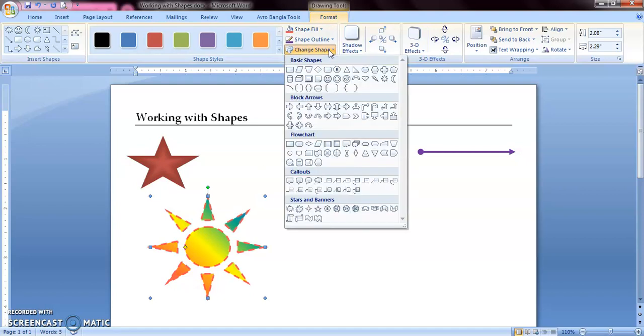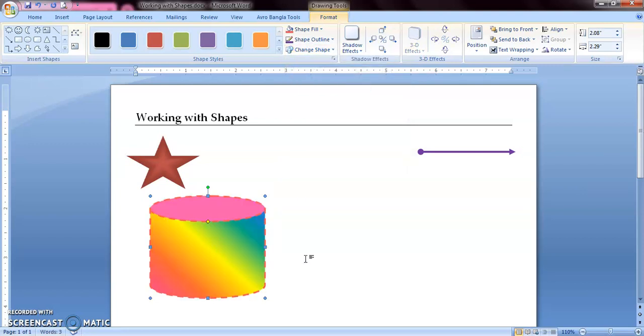I am just going to change the shape, but all the modifications remain the same. So let's select any one shape, this can shape. So I am going to click on the can. You can see only the shape is changed, but it retains all the modifications I have done on it. So the shape fill color remains the same, the shape outline remains the same.